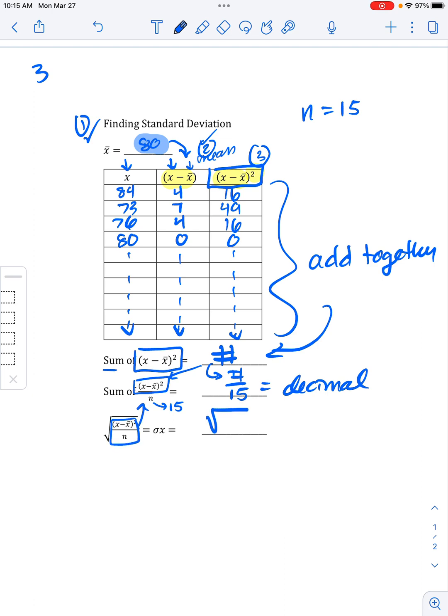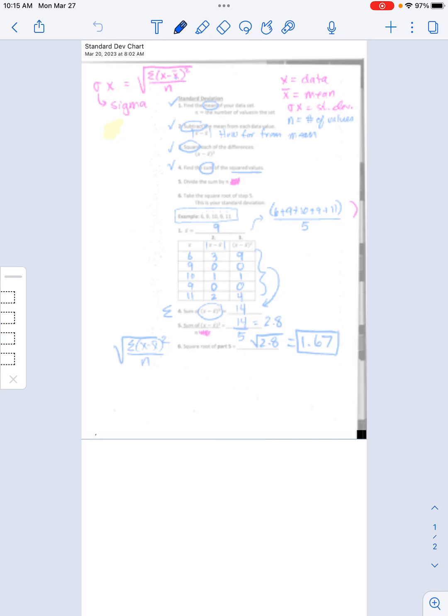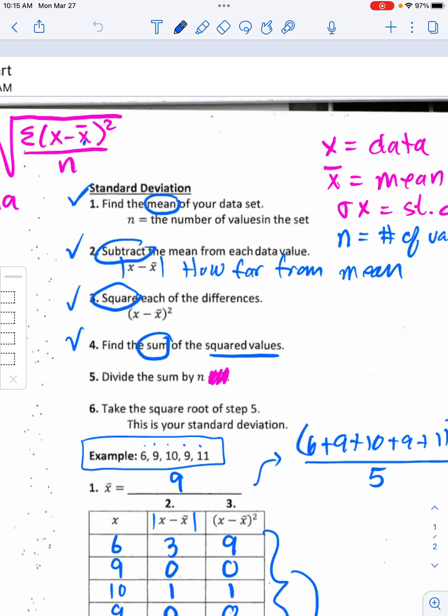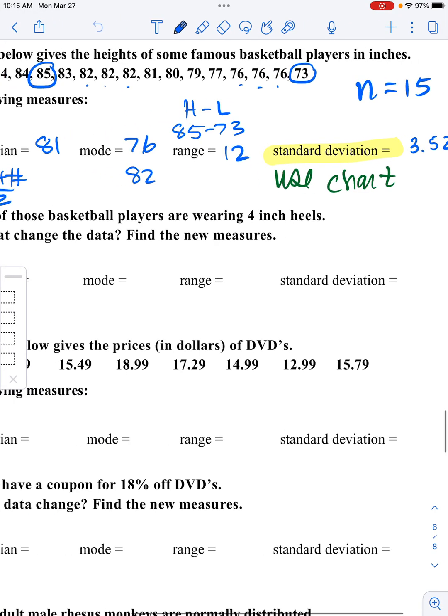Because I'm just taking the square root of that decimal. And what I get will be my standard deviation. So this number that you get right in this spot, that's going to be my standard deviation. When I did all those steps, I got 3.52-ish. So there will be a chart that walks you through it. It'll be the one that was like this, where it has the steps at the top. And so that'll hopefully help you through that process. So it's time consuming, but it won't be as bad as this one because you simply won't have that many